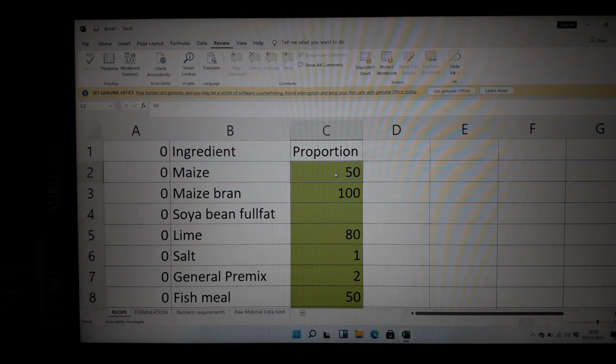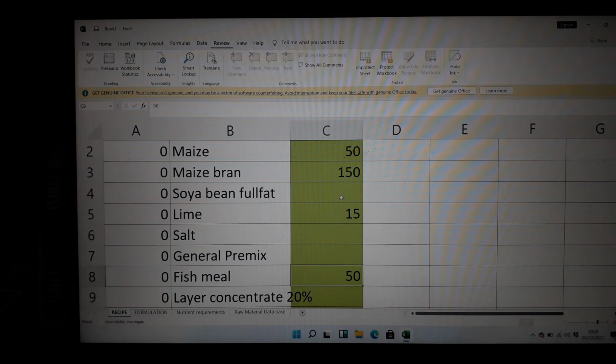So he says I use 50, 150. They say how they are, and then lime, they put maybe 15, and then they come here. They don't put salt because it is a concentrate. No premix because it is a concentrate. Fish maybe puts 10 because they have started doing that. And then concentrate,